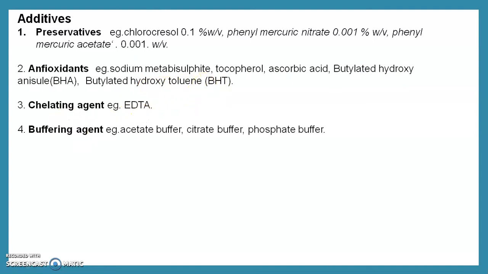Chelating agent, example EDTA. Buffering agents, for example acetate buffer, citrate buffer, phosphate buffers are used in parenterals.